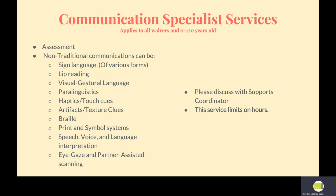Please discuss this with your supports coordinator if you know a waiver participant that communicates in a manner other than speaking or hearing our words. The service is not to exceed 40 hours in a fiscal year and is also not guaranteed to get all 40 hours approved. This, though, is very important in a service because if somebody is having a hard time communicating with us,